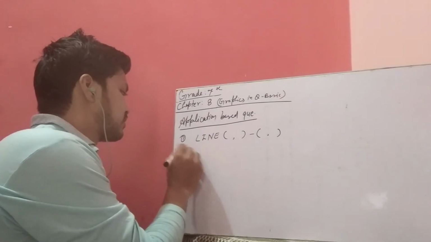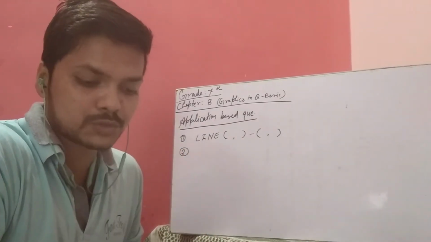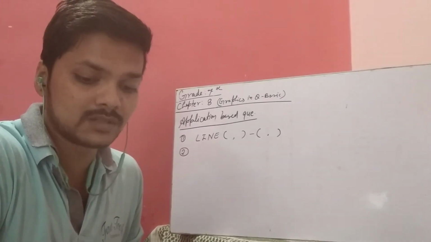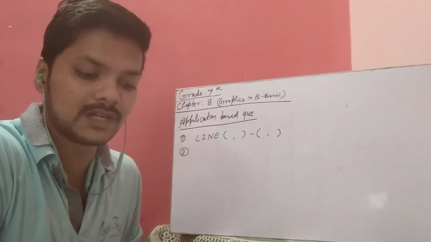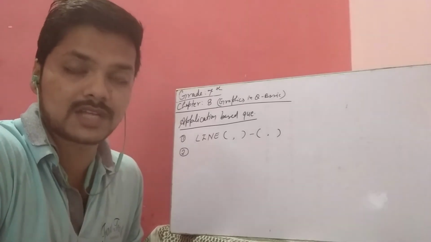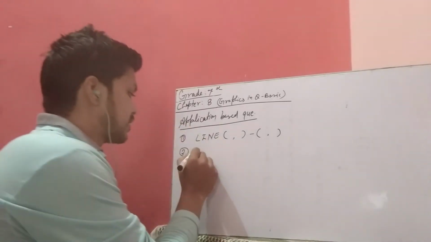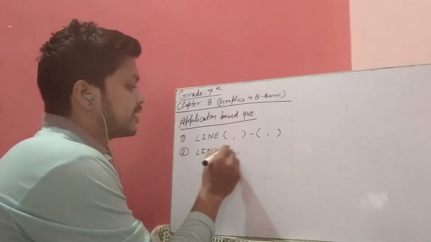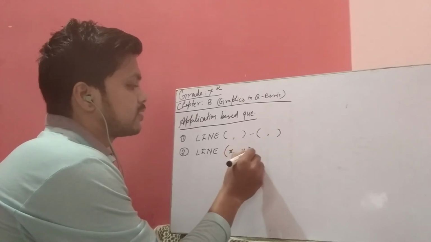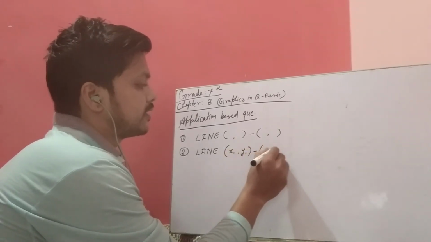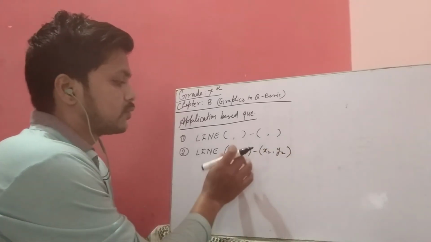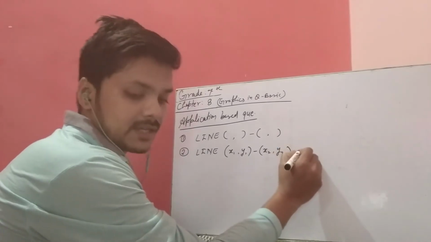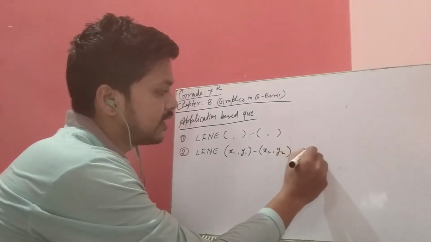Now next, second application based question. Kabir wants to draw a box filled with color using the LINE statement but he is unable to recollect the keyword for making a filled box. Help him to finish this task. So here he has to write the same thing like the LINE command, then x1 first coordinate, then y1 second coordinate, dash, then again x2, here y2. Values could be written in place of x1, y1, x2, y2, then comma, and here he has to write BF.